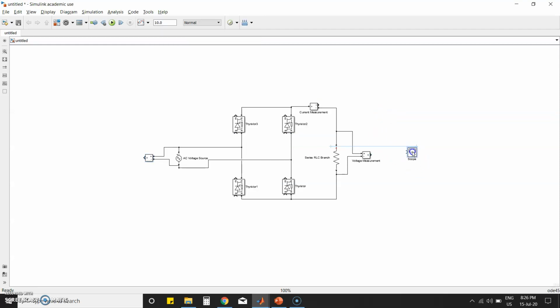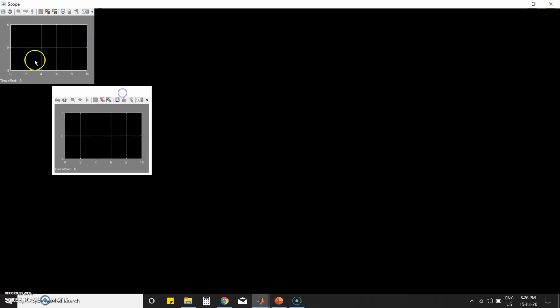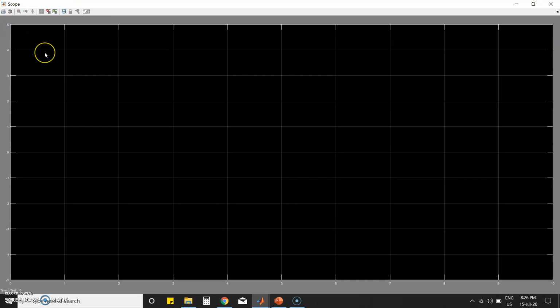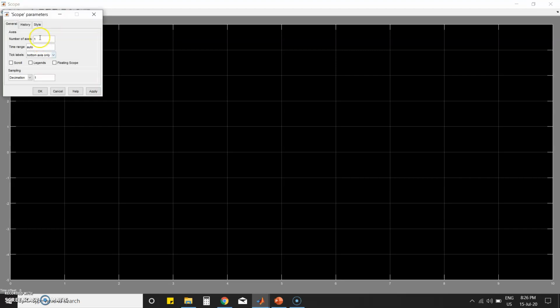So these are the things we need. Now we need 3 monitors to measure. So instead of going for 3 scopes, you can add 3 axes in your scope. Okay, so in the scope, I'm just adding 3 axes. Another thing, here you have to uncheck this point, Limit data points to last 5000. This is because of the memory. If you check this and run the simulation, it will store only some of the points. For that, uncheck this point.